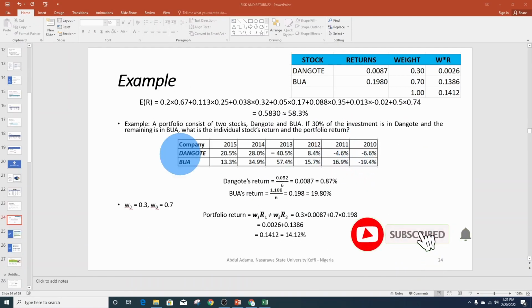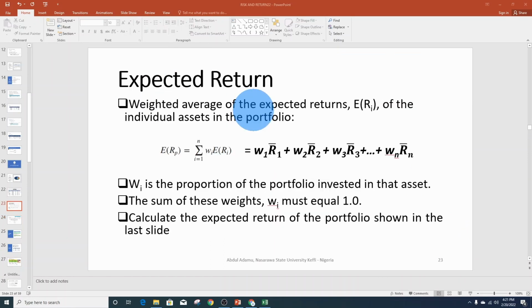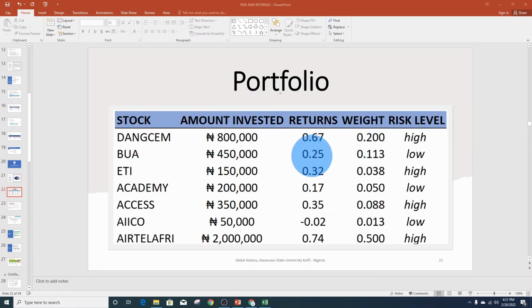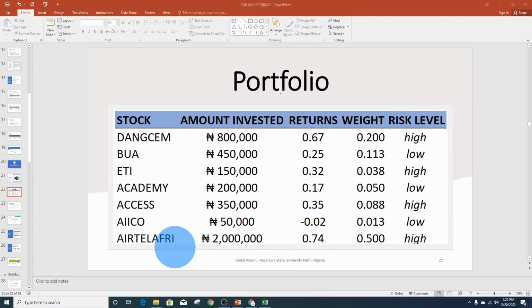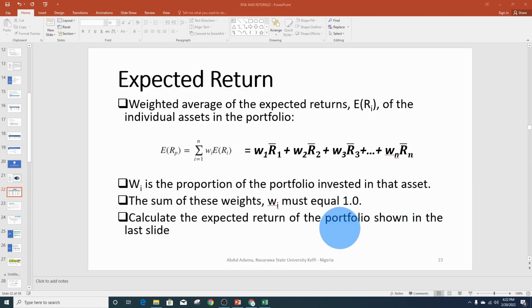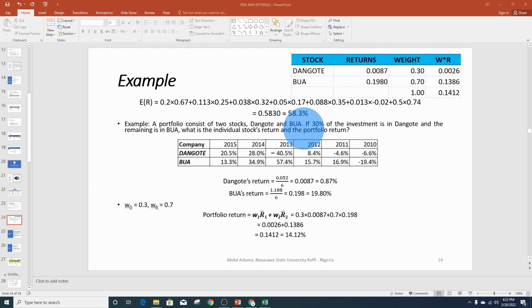If we go to our next Excel, you can see how they calculate expected return: 0.2 times 0.67, that is for Dangote, 0.25 times 0.113, and so on, up to 0.5 times 0.74, which is for Airtel. Once we multiply, we add them together and we are going to get 0.5830, which is approximately